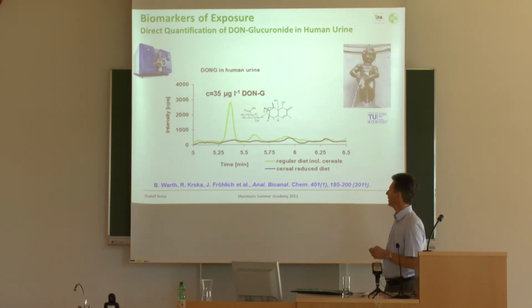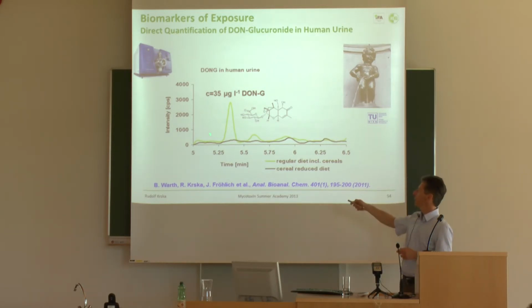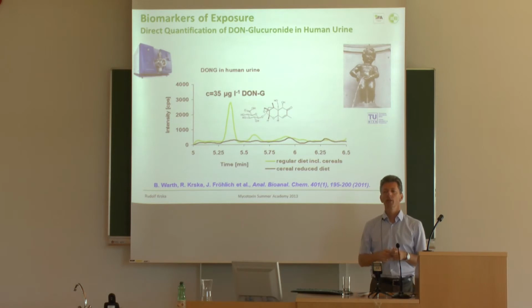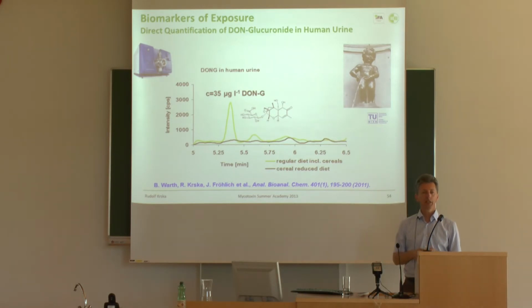So that is actually quite an interesting experiment. When you are exposed to a regular diet, you quite likely, if you're an Austrian, find levels of 30 to 100 microgram per liter deoxynivalenol glucuronide in your urine, and